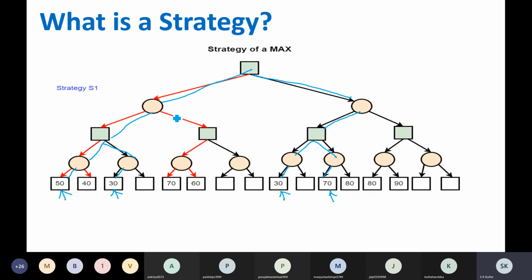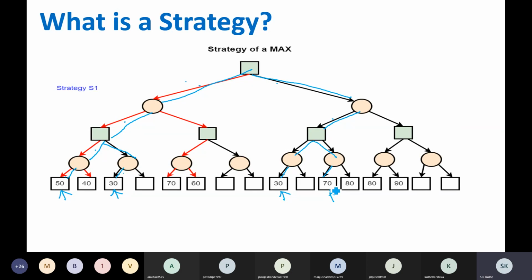If you apply this algorithm, at max you select both this and this. At min you select one, the left one is selected. At max you select both. At min you select one. So only 4 nodes you will arrive at: 50, this 30 and this 70. That will be the result of application of the first step in the algorithm, that is, find out the set of nodes which will cover all these 8 strategies in this case.